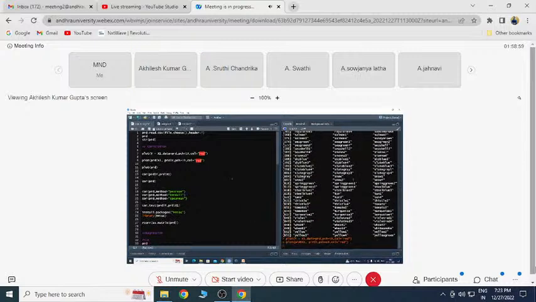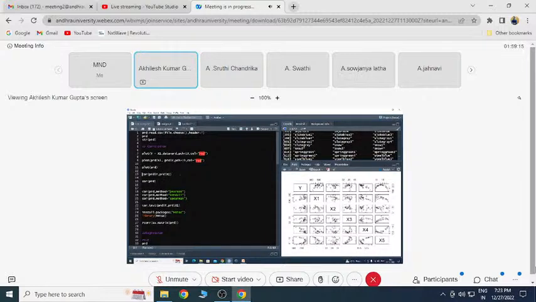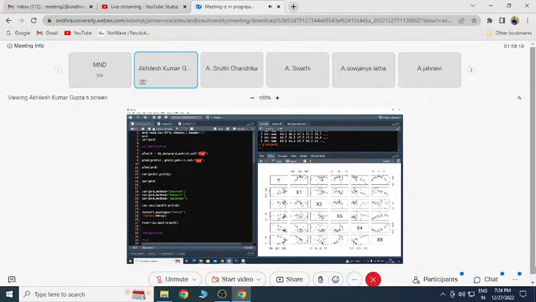Then here we have this command which will plot each of the variables against each other. Like here in PRD we have 6 variables. So each of the variables will be plotted against each of the other variables. So if I run the command, you will get this type of plot. If you want to understand the data completely, by one plot you can see this type of plot. So this is y versus x1, this is y versus x2, this is y versus x3, y versus x4, and this is y versus x5.